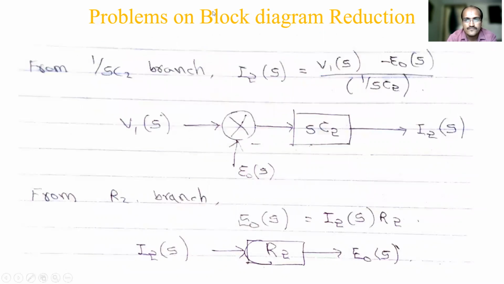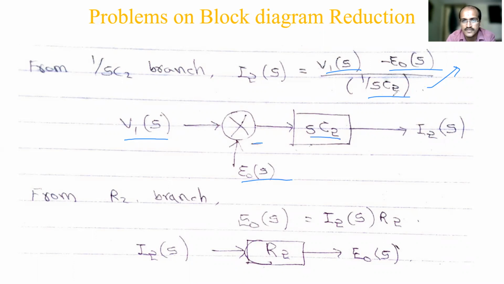So next one, from the 1 by SC2 branch. Next branch, you have to calculate the I2 of S. I2 of S in that loop is V1 of S minus E naught of S divided by 1 by SC2. So when you take 1 by SC2, it will come in the numerator, SC2 into V1 of S minus E naught of S, because it is in the denominator, it will come in the numerator. So that's why in your block diagram here, V1 of S, the previous output, and now E naught of S is subtracted. So minus sign,